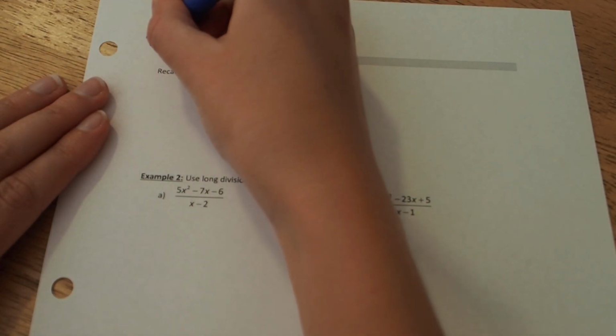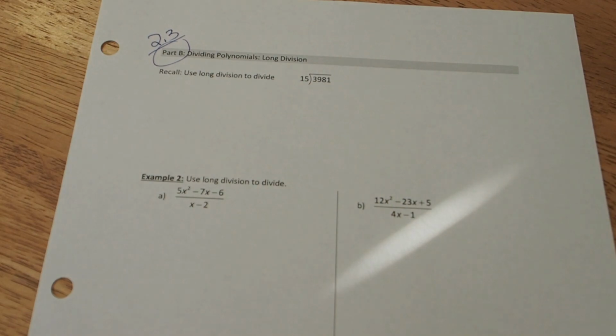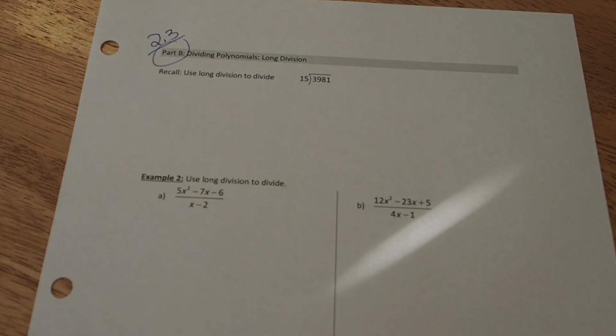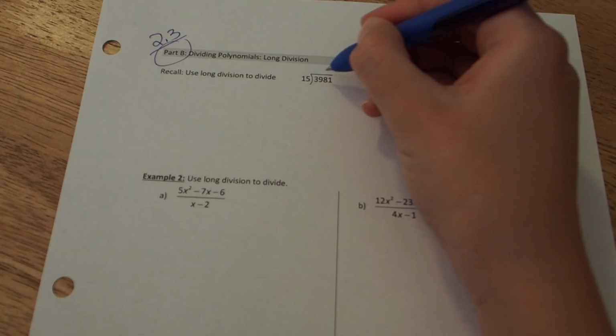This is 2.3, Part B, on dividing polynomials through long division. Before we begin polynomial long division, we want to just have a quick reminder of how long division works with numbers. So first, if I want to divide 15 into